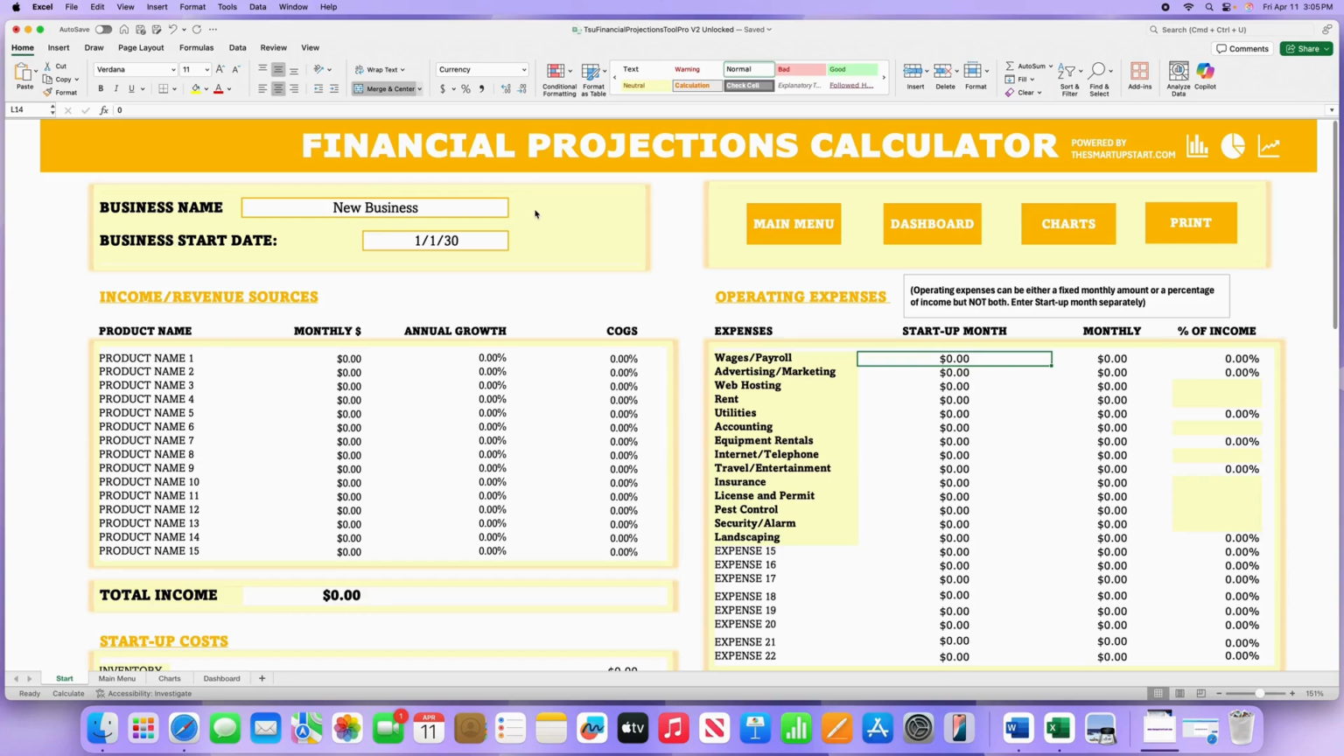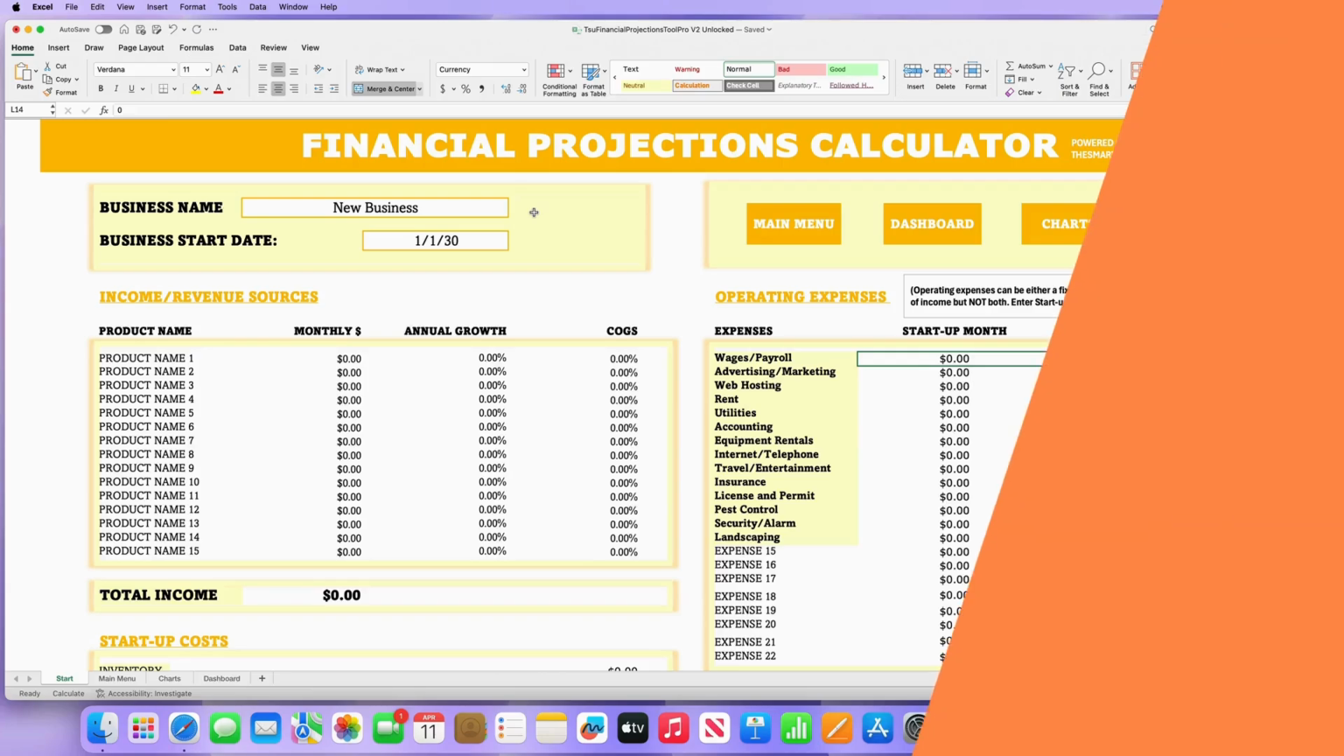So, really quick, I'll just go over the categories on the start page. And then after that, we'll go through and I'll enter some information and I'll show you kind of how that information plays out and what it does as we fill in information and as we create our financial projections. The start page is